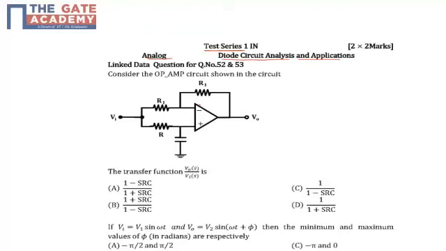The negative terminal of this op-amp is connected with one resistance R1, and serially with one more resistance. The positive terminal of this op-amp is connected with one resistance R and another with a capacitance, and the other terminal of the capacitance is grounded. Both the resistances, that is R1 and Ri, are connected with a voltage source Vi.